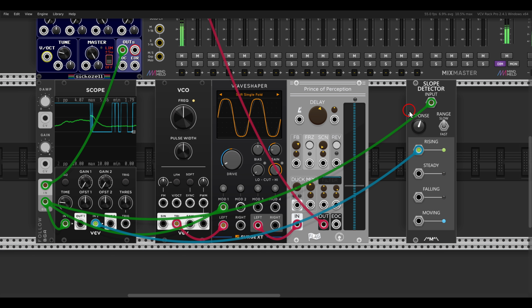Something like this. You can see the voltage goes up, the gate opens, it goes down, the gate closes. So this is the first step. We get a gate whenever the volume, the amplitude, goes up, but we still need something to give us notes